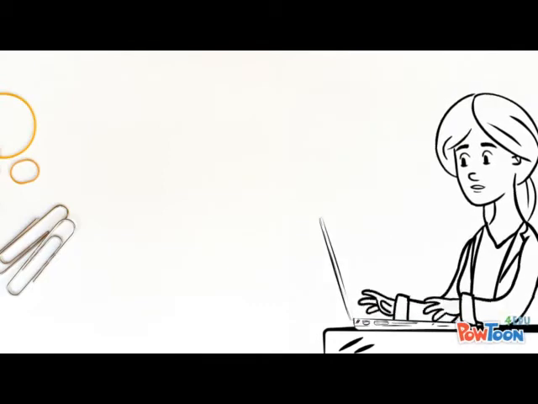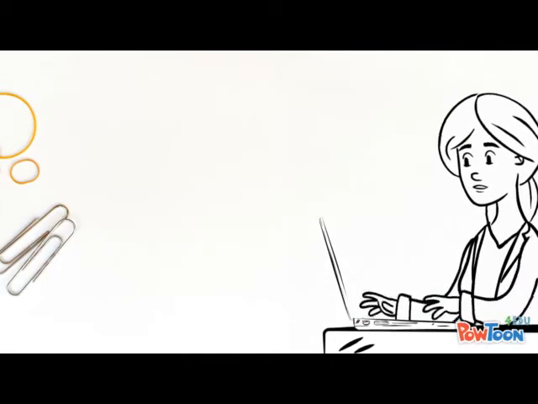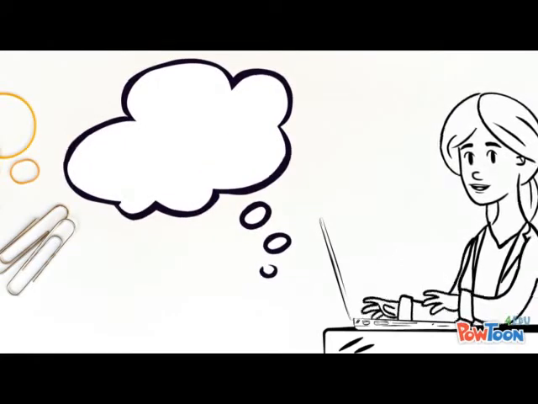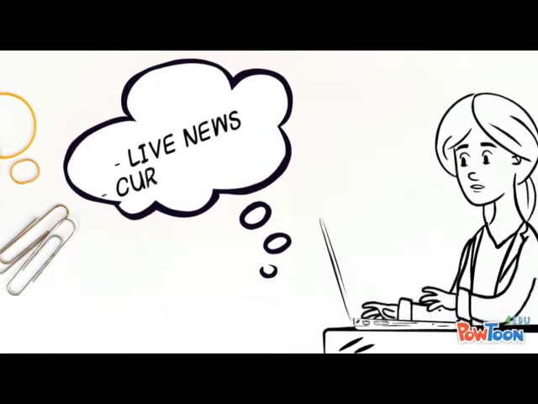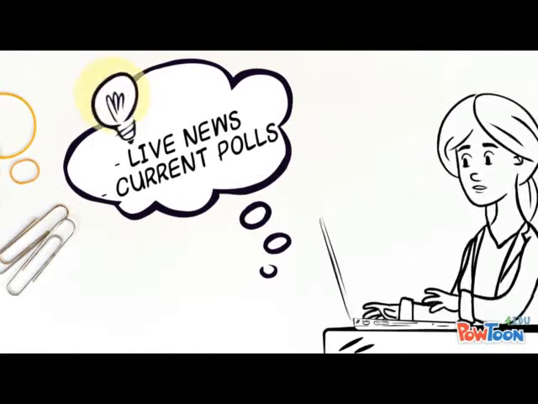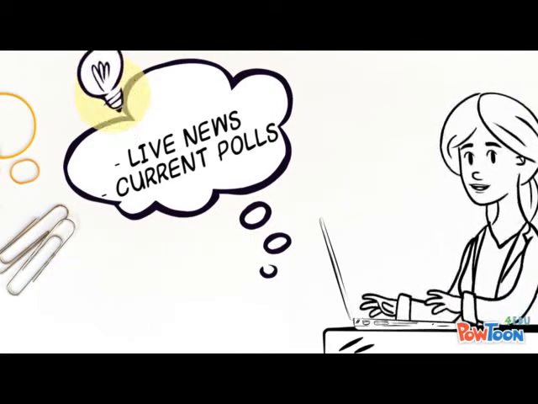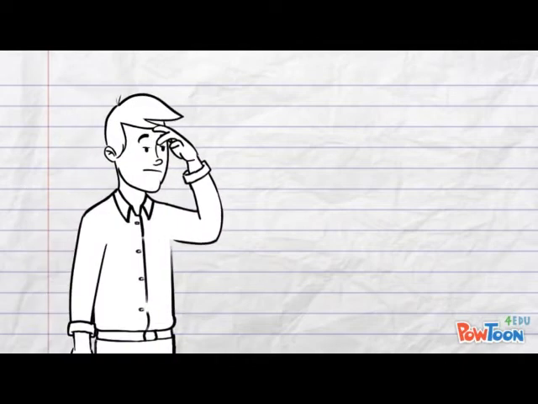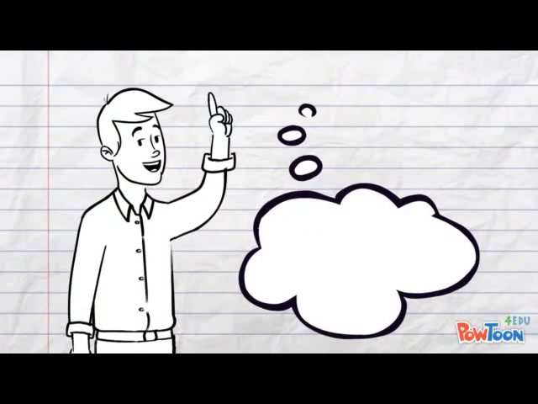Access to technology also allows individuals in developed countries to be more aware of the current political state of the country. Access to mediums such as live news and current poll statistics allows individuals to always be informed of what is going on in their country. With this information, individuals are then able to make more informed decisions when constructing their political opinion.